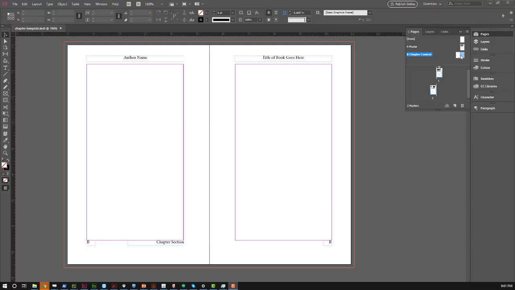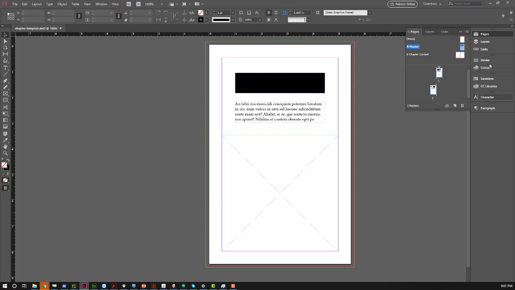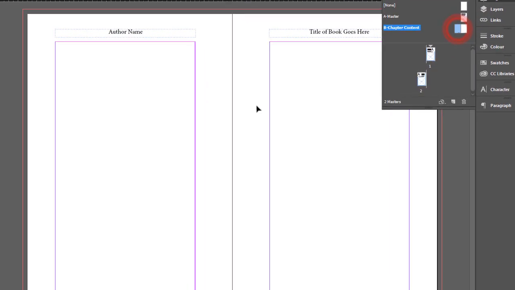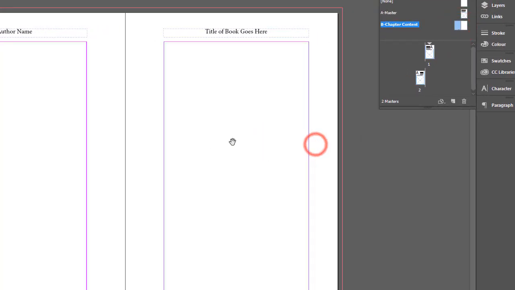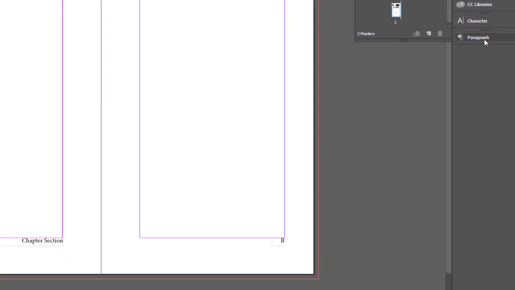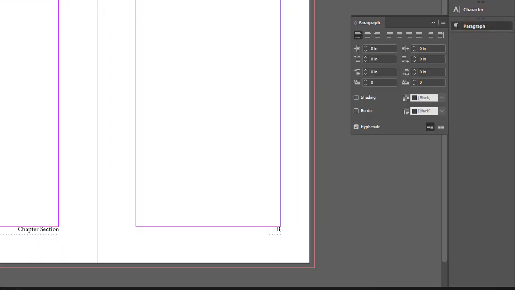Okay, so we've created our chapter divider. We've created master pages for the internal content. We might want to include some text in here just as a placeholder, but probably not. We'll see. But we can decide that after. What we want to do right now is import some styles, because right now we have a need for some